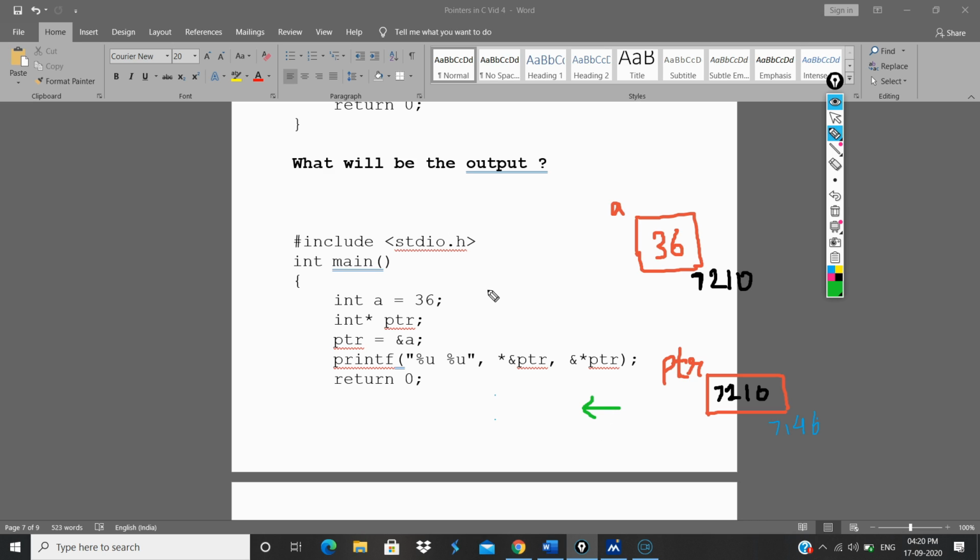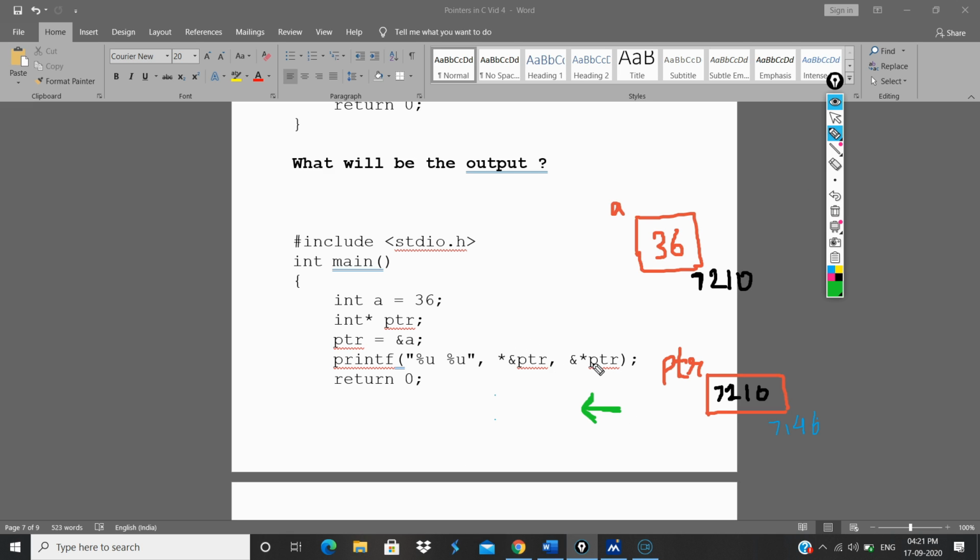Do not confuse this with BODMAS, where the bracket is executed first and then the rule follows. It is not that. It is just for any general expression, until and unless there arises a case where there is some sort of precedence preference. If you do not consider that part, you can consider that we follow right to left associativity. So in this particular statement, we move from right to left. We'll take up this one and then print it together.